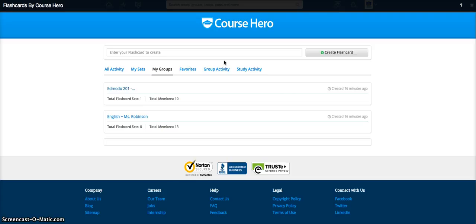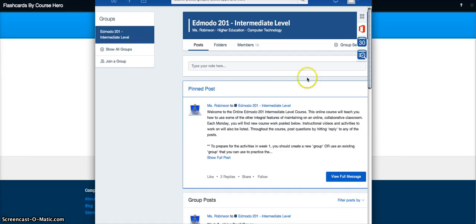Now I've already, again, this is not to teach you how to use different applications in here, just to show you what is available and how your students can use it and how you can add it. So I did make a little flashcard set with this, and just so you see how students would access anything that you create for them using Edmodo applications. So I'm going to click back behind on my other browser window,